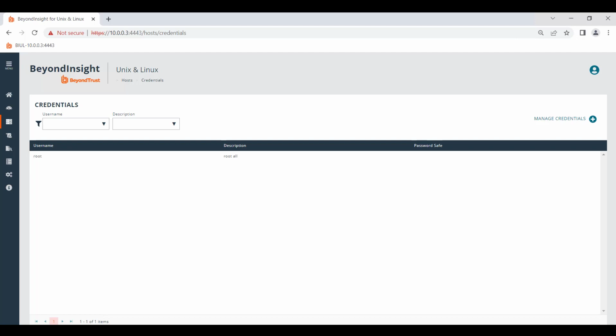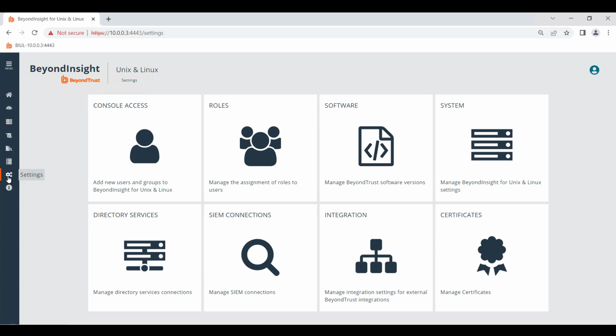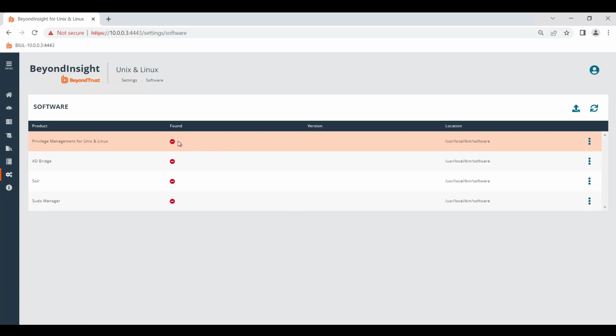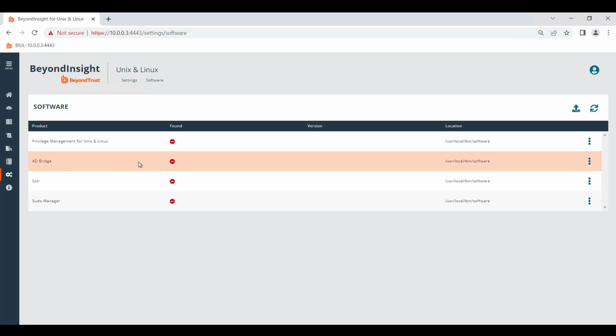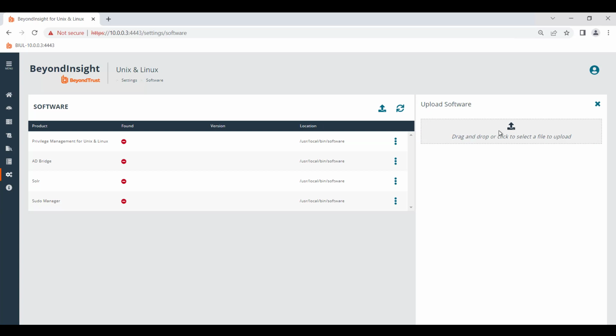Now we're going to change some settings for BeyondInsight Unix and Linux. If you click the Gears tab here under Settings, you'll see there's a couple of options. First, we're going to go to the Software icon. As you can see, there's a couple of items that we'll need to load, and specifically the AD Bridge install. You can do that very easily by clicking this upload arrow button and finding that file that you need,